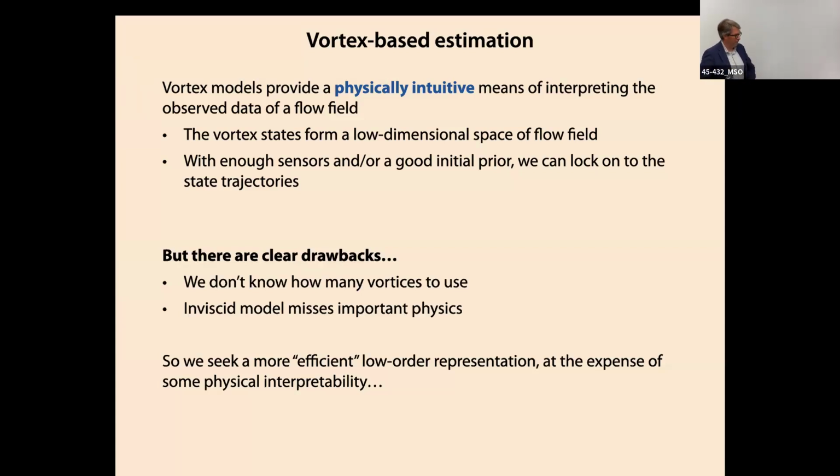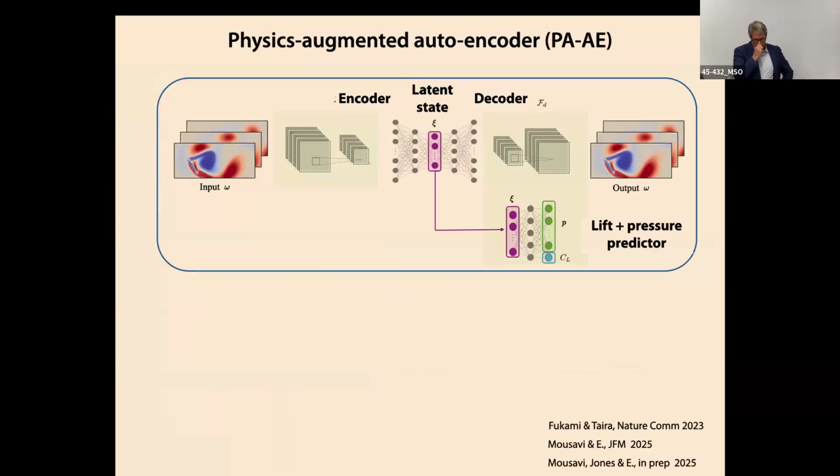The first one is, if I want to estimate a whole big turbulent flow field, I don't know how many vortex elements would be the right number to use for that. So even the dimensionality of my state is kind of in question. And it's also an inviscid model, right? We're just advancing vortices as an inviscid model. You can expand on that, but the idea is that these are two drawbacks that get in the way of making this completely successful. So we've turned our attention to something different. This brings us now into the machine learning world, but a really elegant one that I've become very fond of in a very short amount of time.